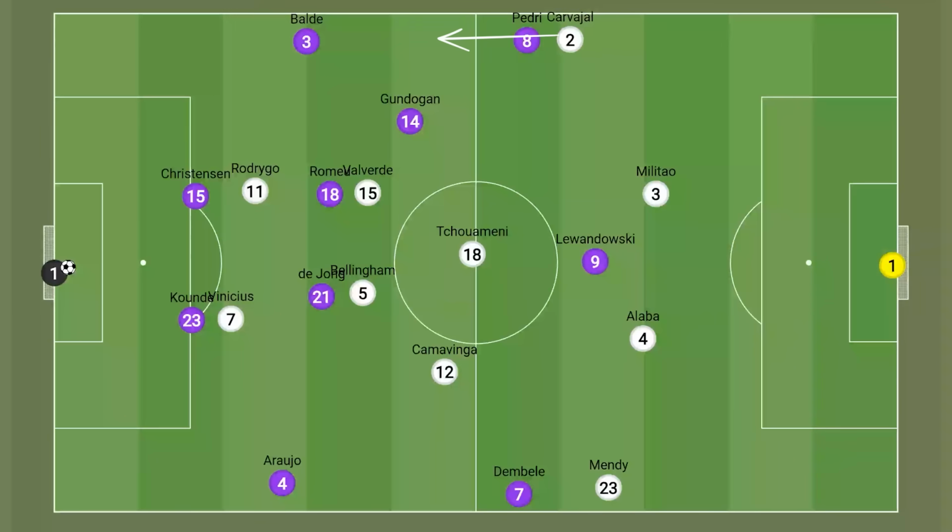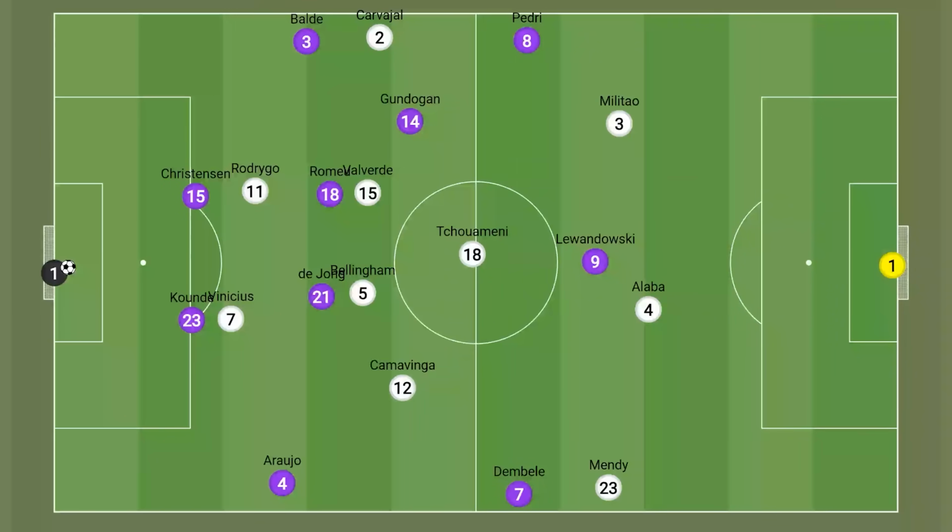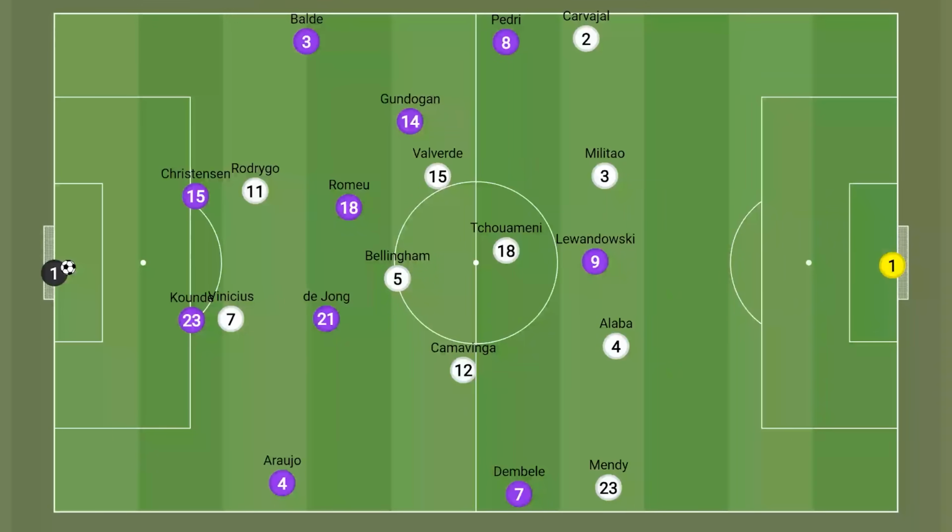From the goal kicks, Carvajal from right back was much more aggressive than usual in the press, whilst Camavinga would often occupy this position, half ready to press Araujo, but also looking to solidify the midfield as much as he could. However, in open play and some goal kick situations, we saw a lot of automatisms from Barcelona in this first phase of build-up, as Christensen and Koundé would often split either side of Ter Stegen so that he was